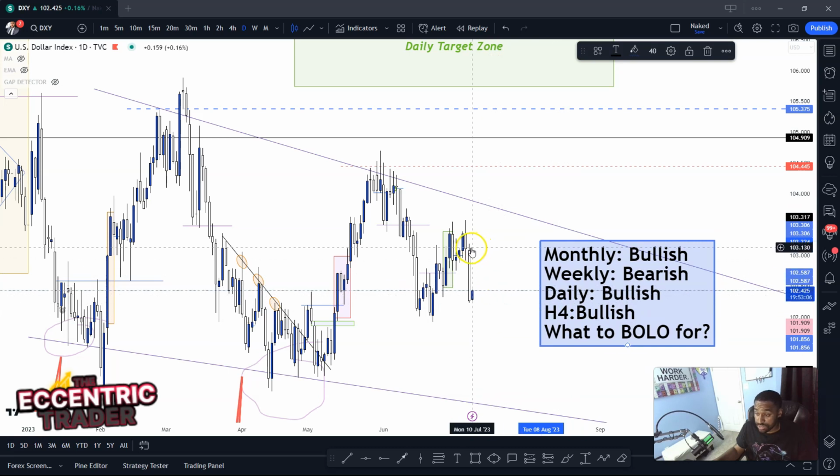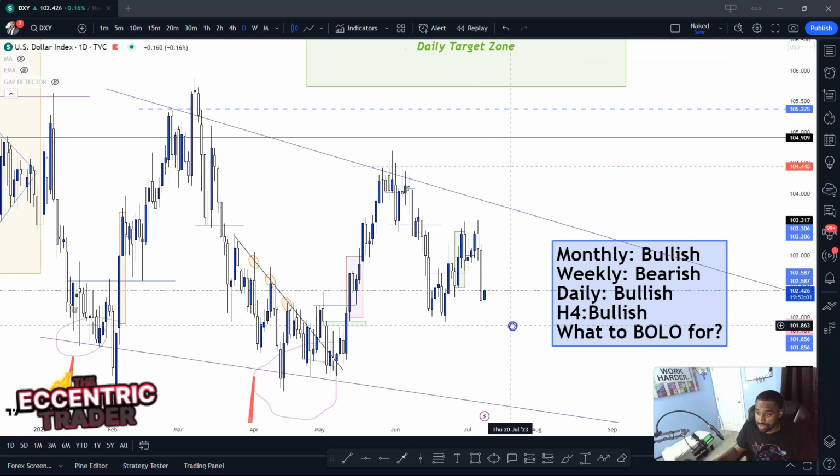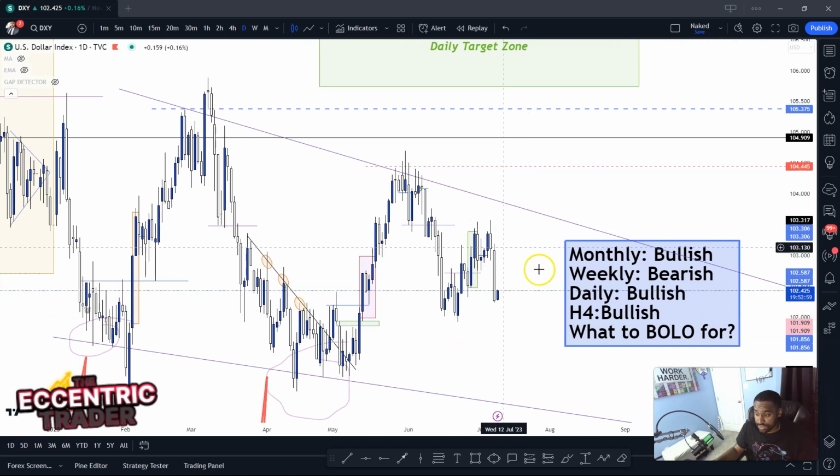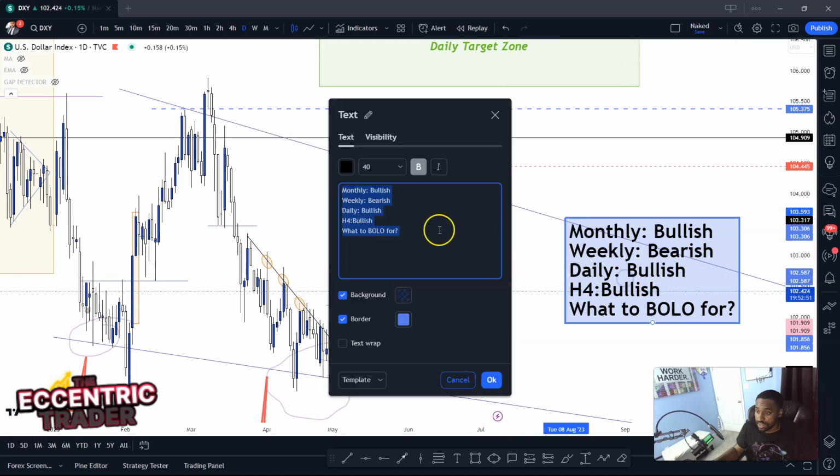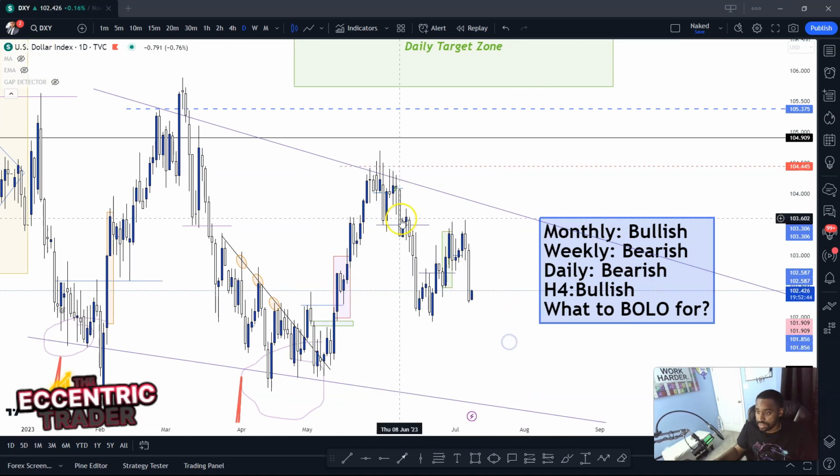Because this was strictly news. This was strictly news. And now that I'm looking at it, I want to switch it because this wasn't here last week when I did my other top-down analysis. So I'm going to switch it to bearish because, yeah. So after this happened,